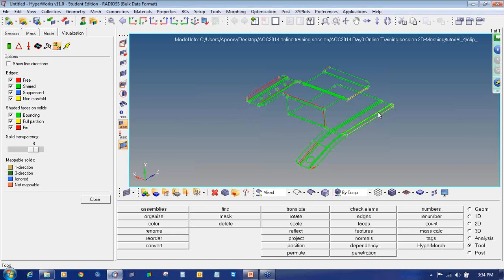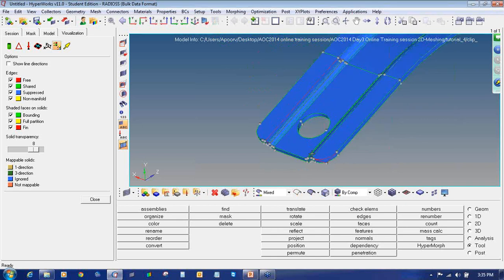If it is a T-junction, then having a non-manifold, that is yellow color edge, is okay. But if it's not a T-junction, that means either the surface is duplicate or there is some other geometric issue, if you are seeing the yellow color edge. So we will see how to solve them one by one. So I will turn this on again, and we will go one by one.